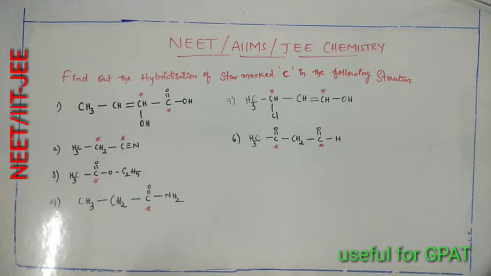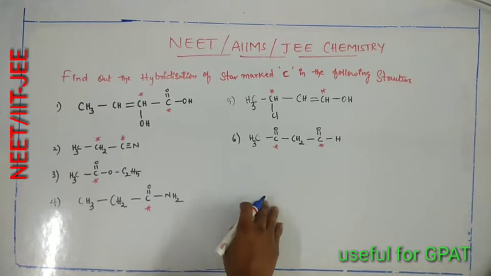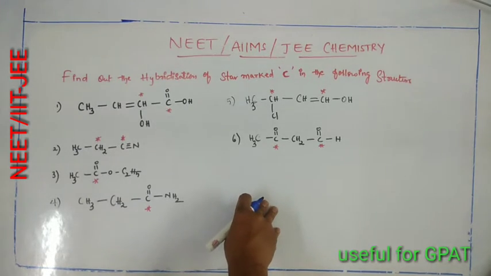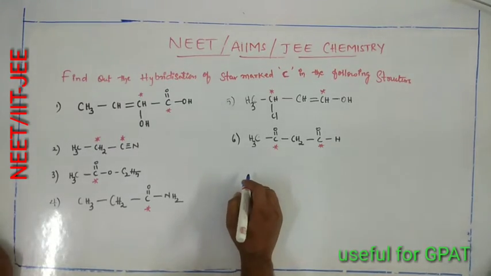Find out the hybridization of the star-marked carbon in the following structures. Here we have a few examples, and every example has a star-marked carbon atom. We have to find out the hybridization of the star-marked carbon atoms. So keep it in mind that